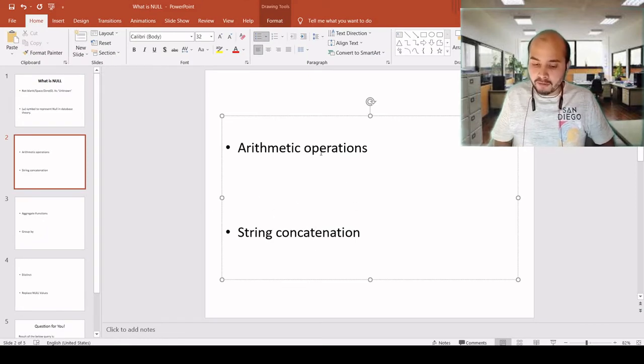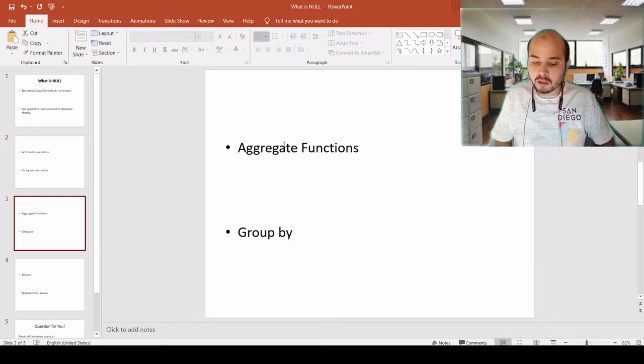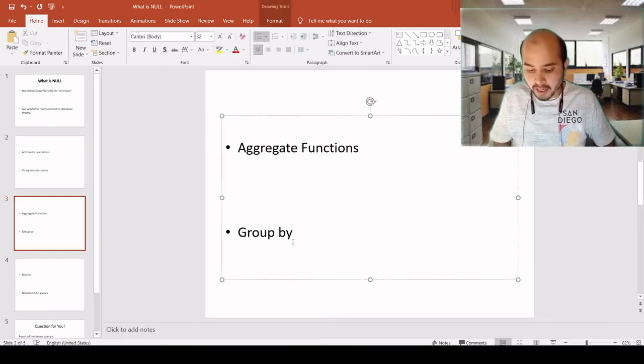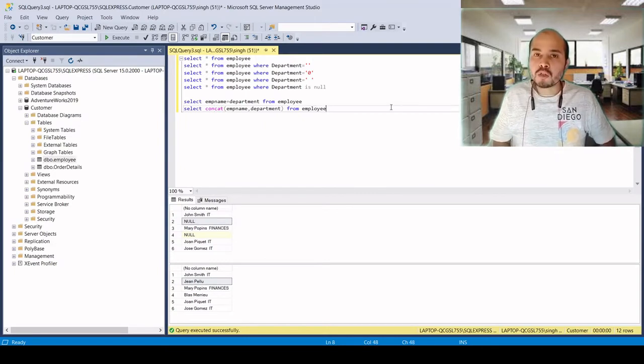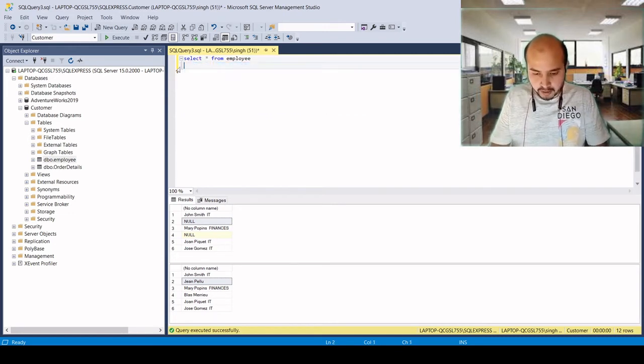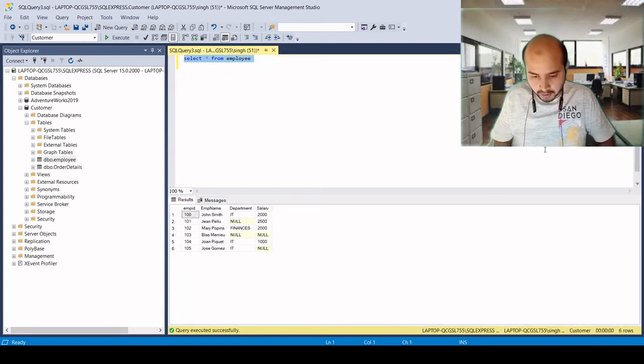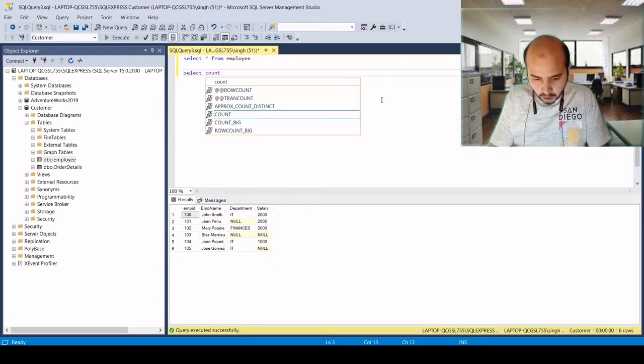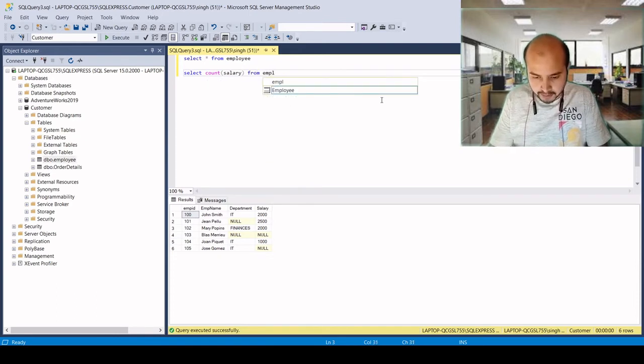Now come to the next. String concatenation we have done, arithmetic operations we have done. Now come to the aggregate functions. Aggregate functions are like count, sum. So how can we use null in the aggregate functions? Here we have an employee table. Let's check it out and find how many records: select count of salary from employees.